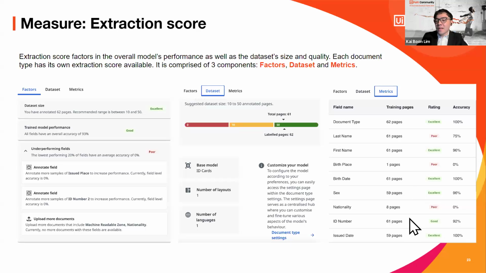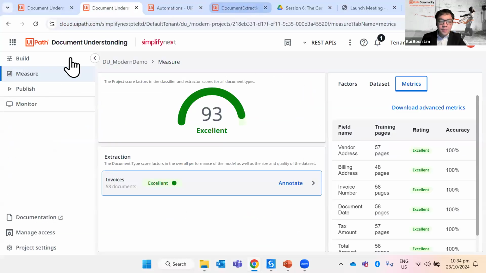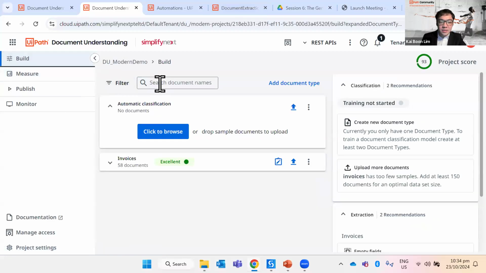And let's say you have particular fields that are not performing as well. How can I fix that, right? So how can I fix that? If you go to your project, let's take this for example, right? Inside the build, what you can do is,